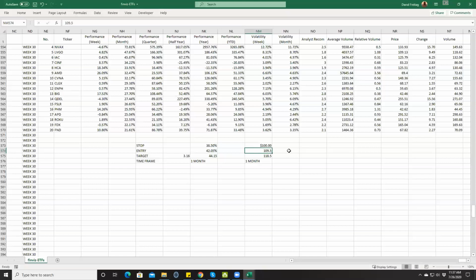Perhaps I would like to look at a vertical where I would expect it to get up to 118. So that would be my long, or pardon me, my short. That would be my short call. And this would be my long call. And this is my entry. So I could put in a vertical here